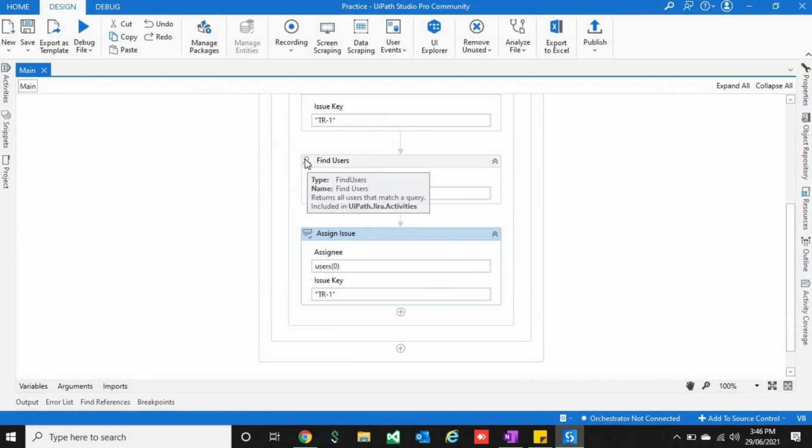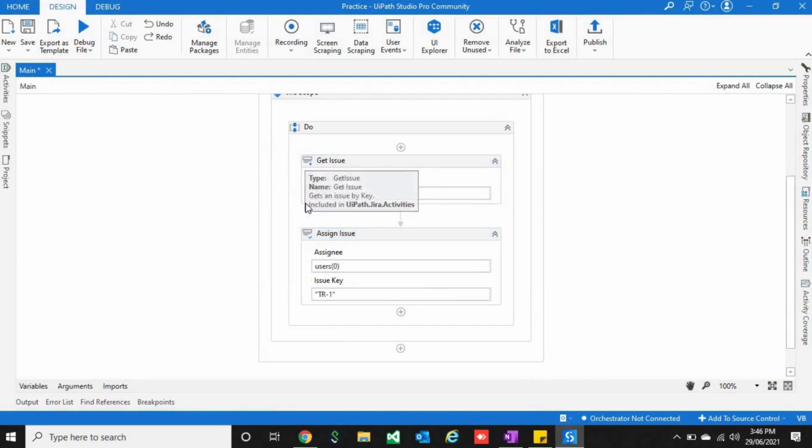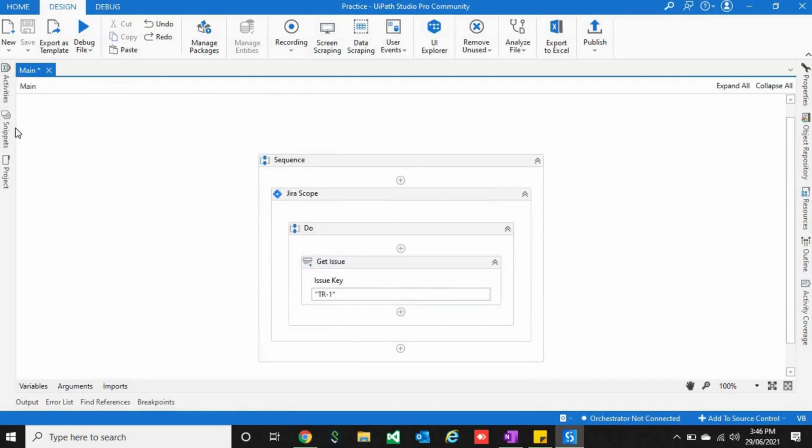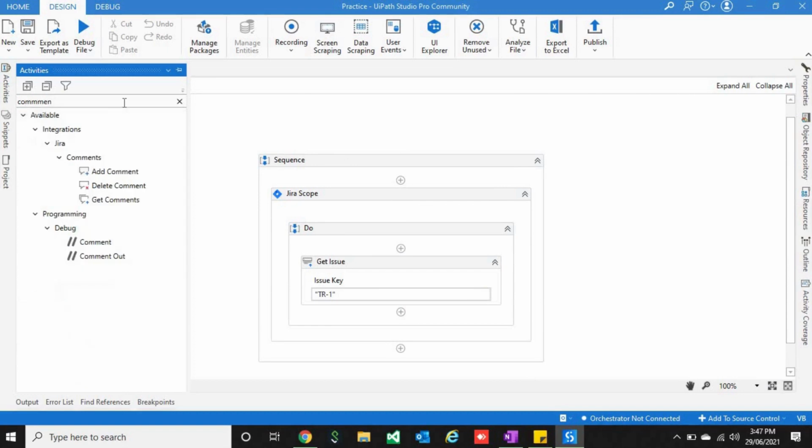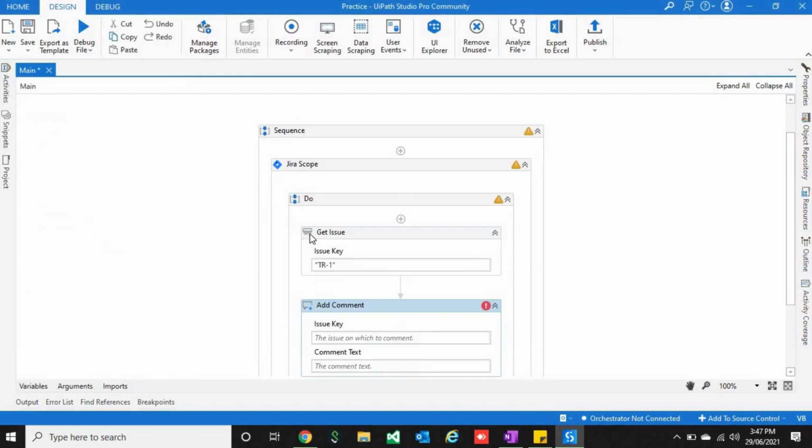Now we will see how to add comments to the ticket. So we will go here, we'll write comments. So add comment, we'll have to pass issue key is TR1. This is comment from UiPath.